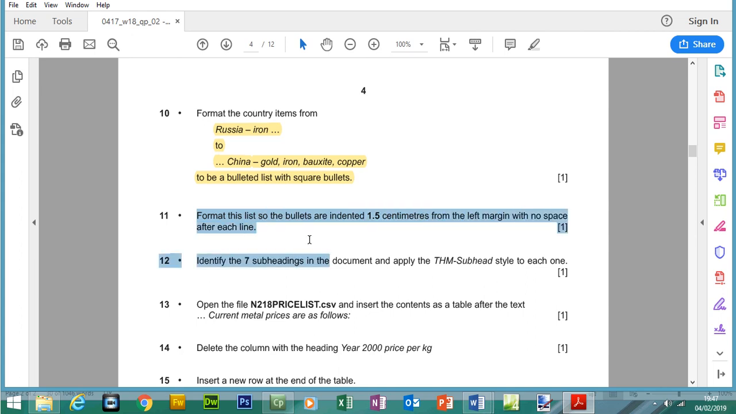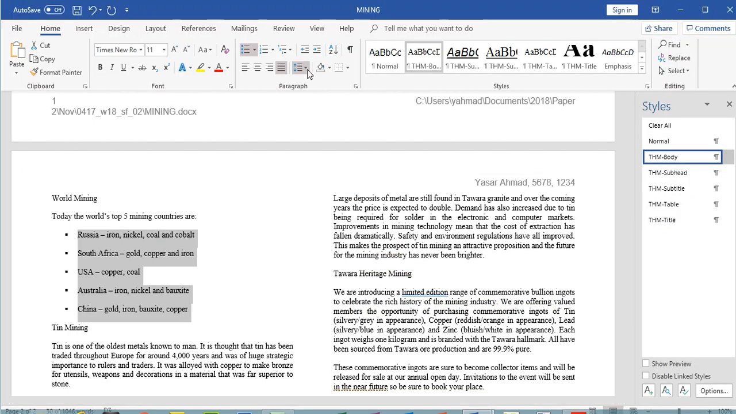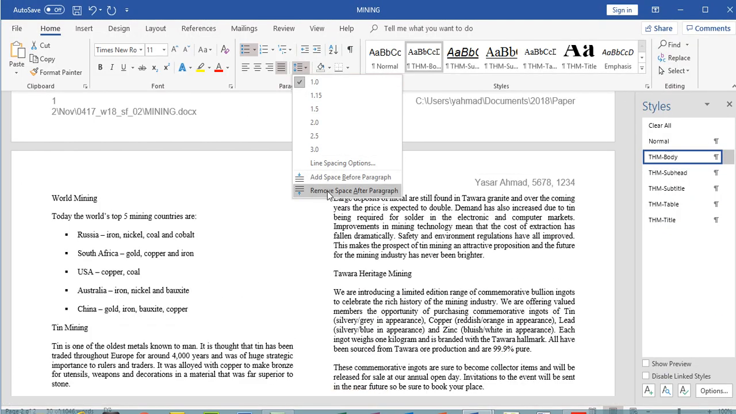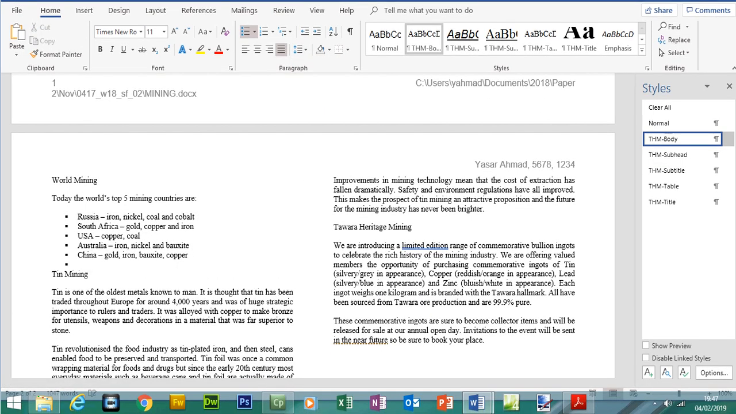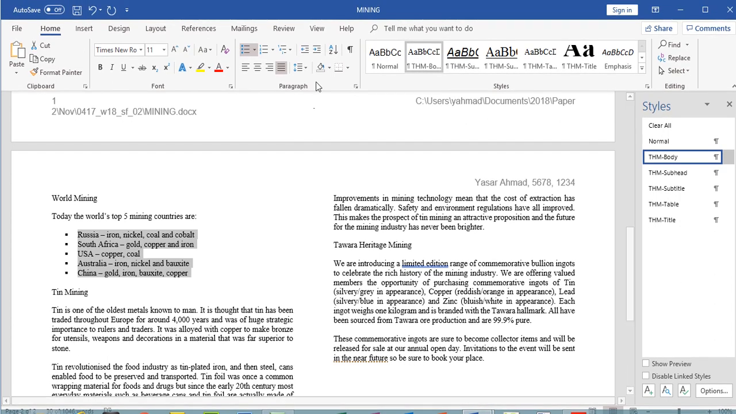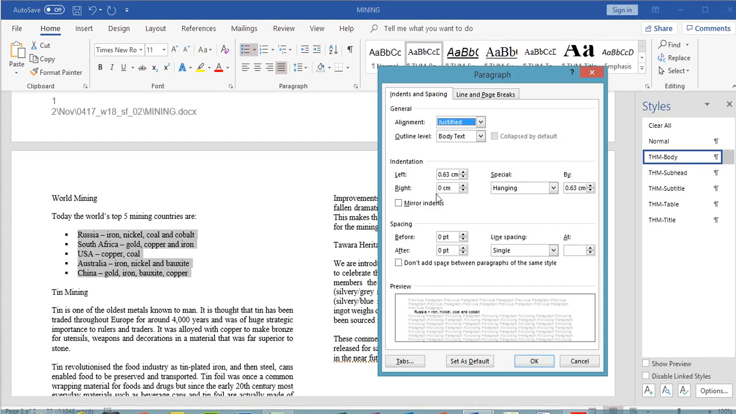with no space after each line. So first of all, let's remove the spacing. If I right click here, we can remove the spacing after each of the lines. We can put a space after the last bullet point. And then what we want to do is to indent this so it's 1.5 centimeters from the left margin. So if I click on this icon here,